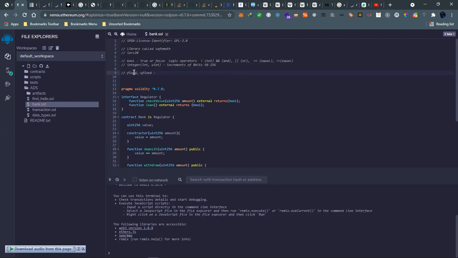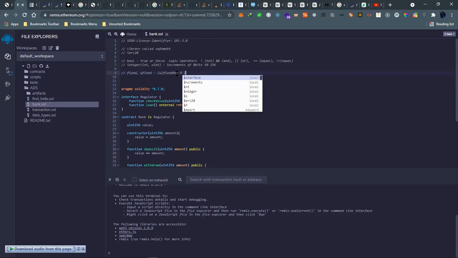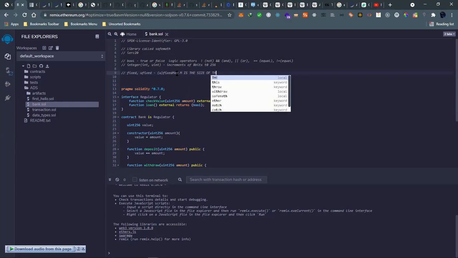The first one has a u. You can either have a u like that, and MxN, where M is the size of the bit,